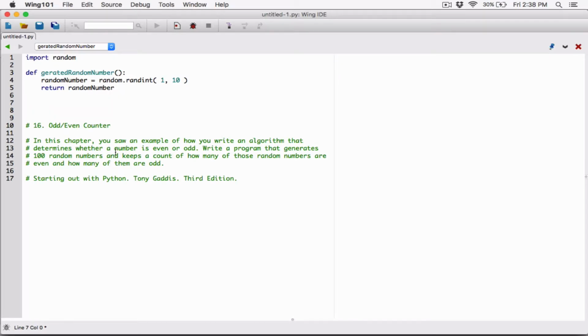Okay, now the question goes on to say, basically, write a program that generates 100 random numbers and keeps a count of how many of those random numbers are even and how many of them are odd. So once we've generated a random number, we need to figure out if it's even or odd, right? So let's go ahead and define another function that's going to figure out if the number is even or odd. Well, first of all,